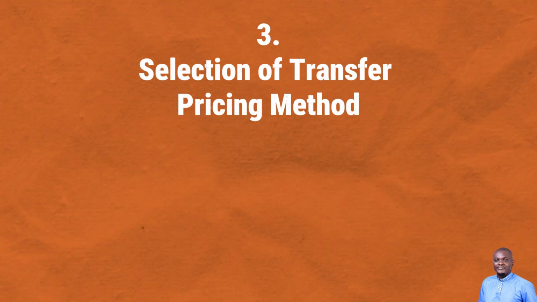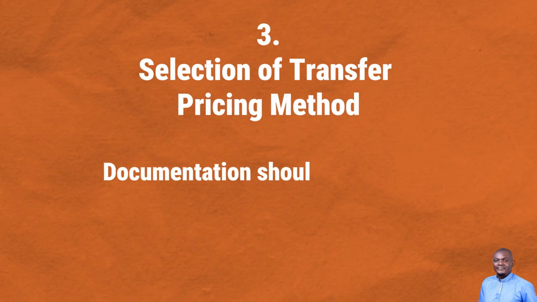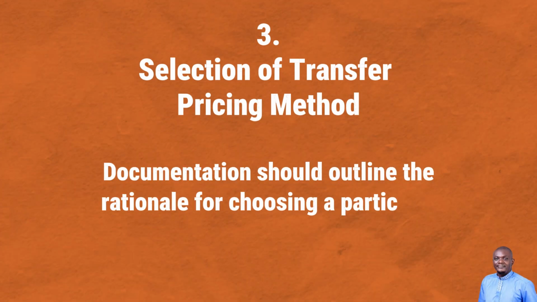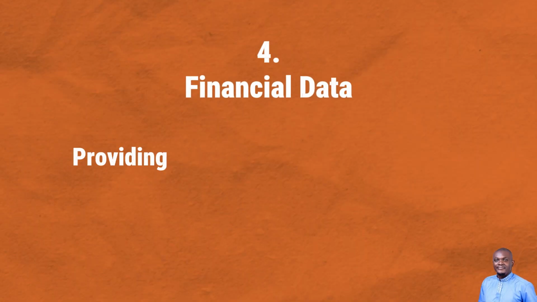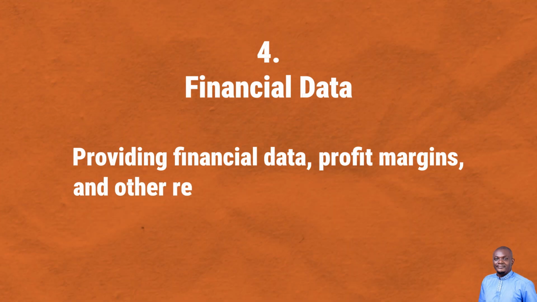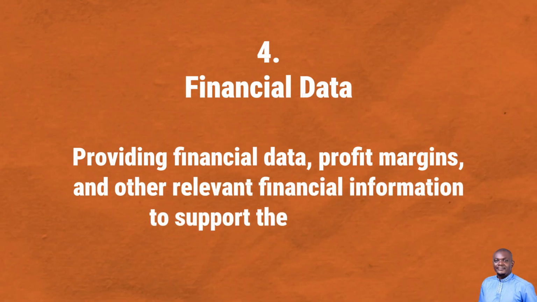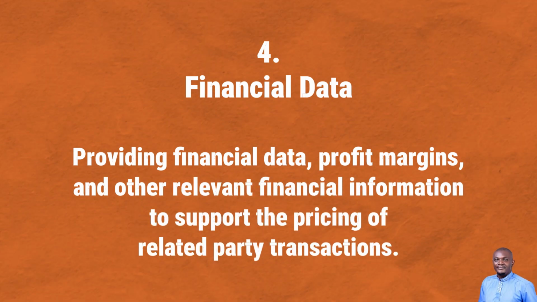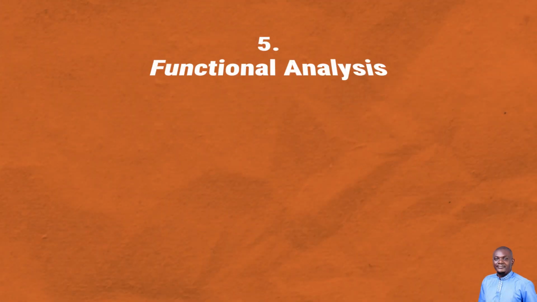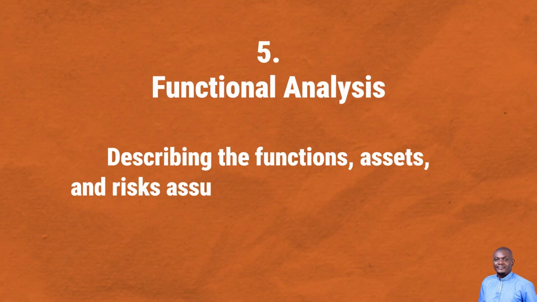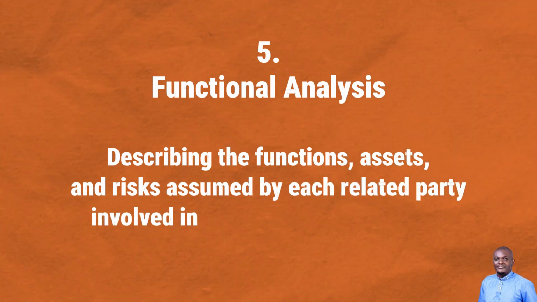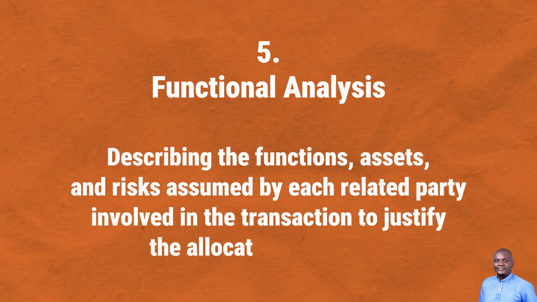Selection of transfer pricing method. Documentation should outline the rationale for choosing a particular transfer pricing method. Financial data. Providing financial data, profit margins, and other relevant financial information to support the pricing of related party transactions. Functional analysis. Describing the functions, assets, and risks assumed by each related party involved in the transaction to justify the